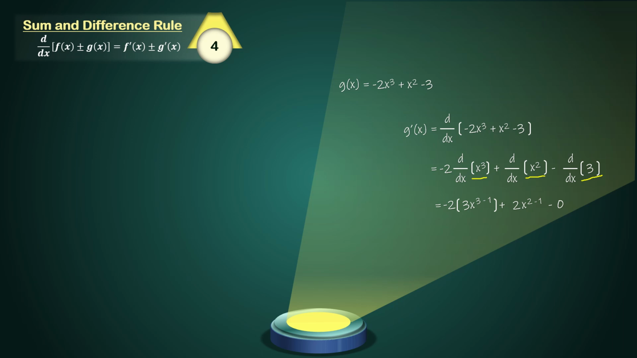Simplify the power. The difference of 3 and 1 is 2, and the difference of 2 and 1 is 1. Simplify it further. The product of negative 2 and 3x squared is negative 6x squared, plus 2x. The derivative of the function is negative 6x squared plus 2x. Next example,